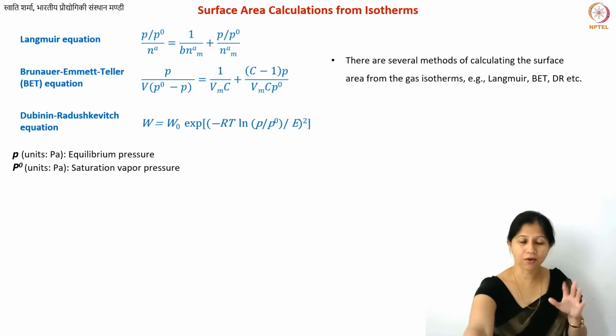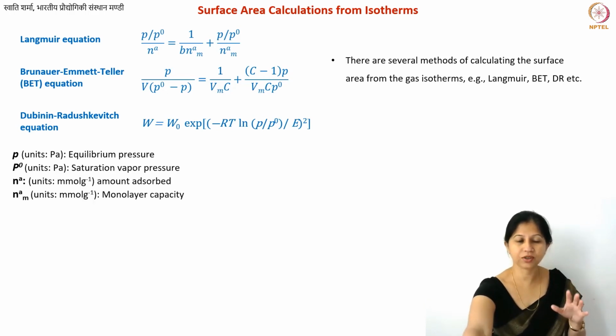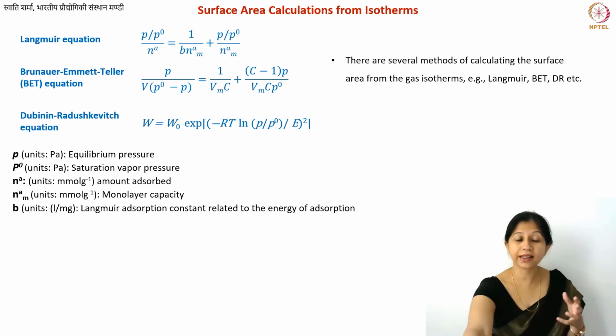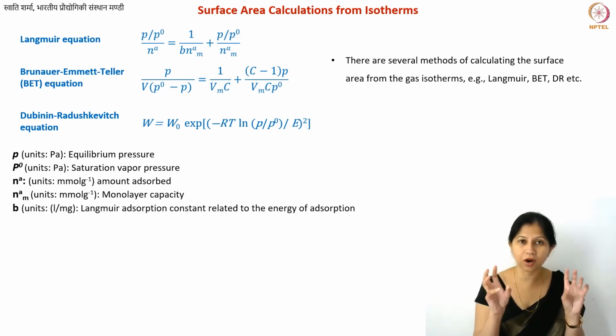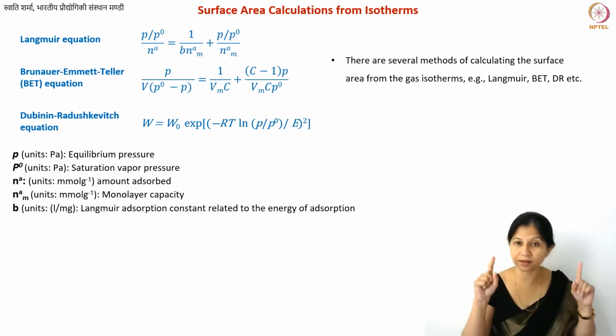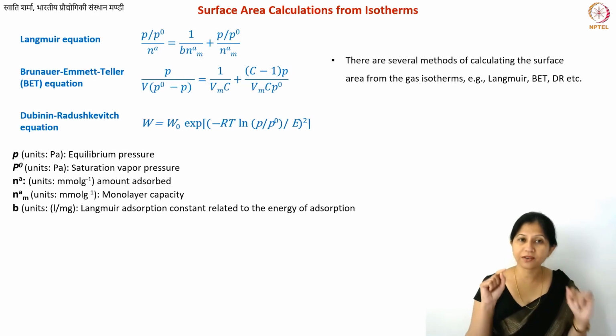Now here I have written all the terms. P and P0 are your different pressure terms, the equilibrium pressure and the saturation pressure. And then in these equations, the first one has some term called Na and NaM. That is one term in this equation. In the second equation, you again have the pressure term, that is common, but instead of N, you have a V term now. So this is a volume term now. And in the third equation you still have a P, but you have E, which is some energy term now.